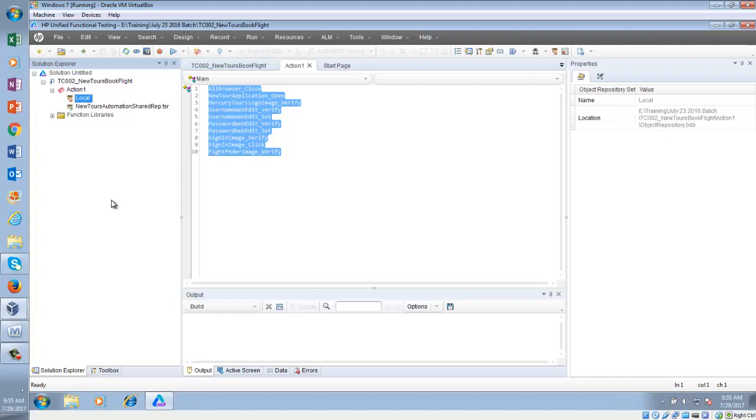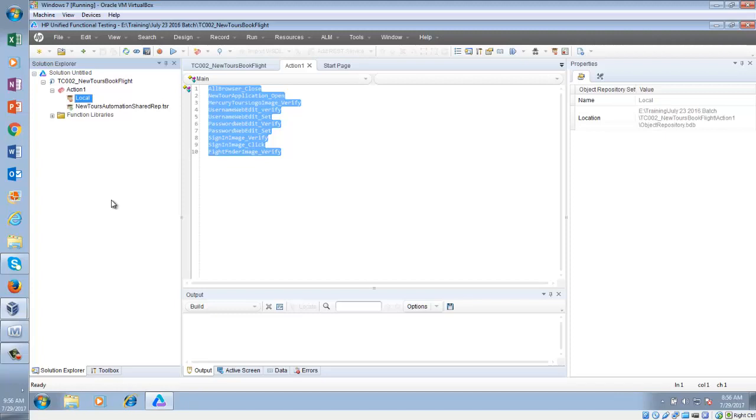Now what is the difference between these two object repository types, local and shared object repository? Local object repository you can use only for what you made it for, and shared object repository you can use again and again. But local you can use like one time, okay, for one test case.